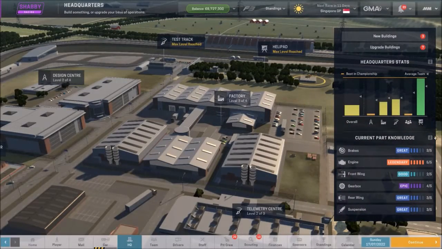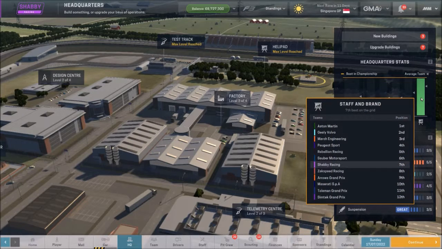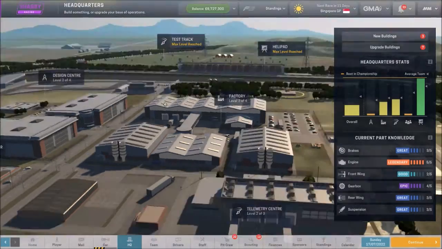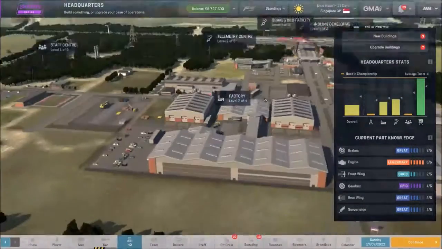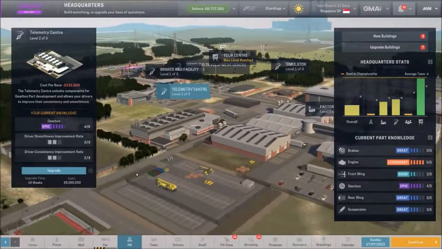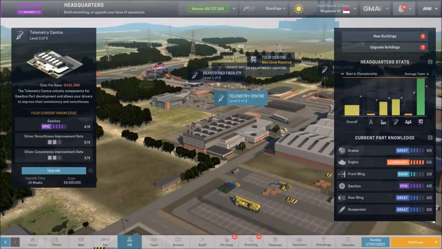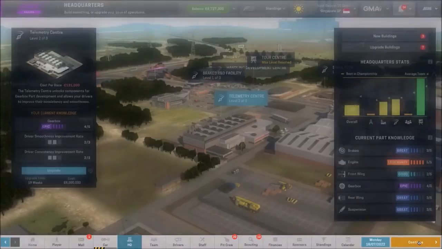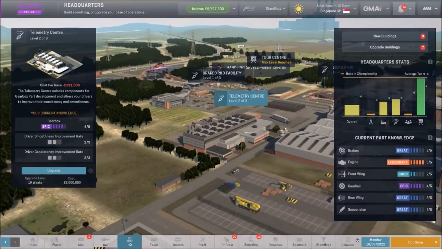So there we go. Our telemetry centre is upgraded. We've got that max level already, the test track, which is great. The telemetry centre is 2 out of 3, and it's where we do gearboxes. Once this gearbox is finished, we can build another new one. Excellent. Having all these upgrades that we can build is going to help us progress quicker and quicker now,